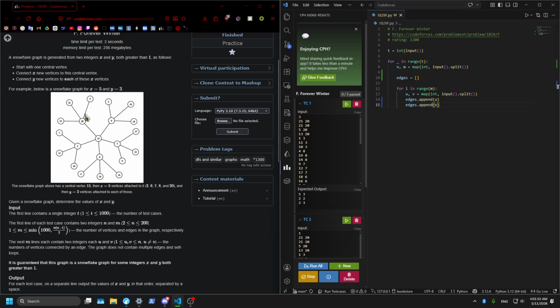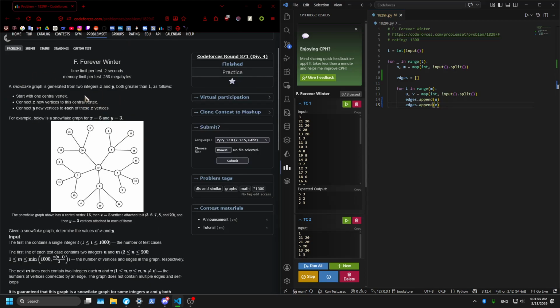So what's going on is we're given this snowflake graph. The graph is generated from two integers x and y, both greater than 1. We start with one central vertex. X vertices connect to the central vertex, and then each of the branches have y vertices connected to each of them, sort of like this. So x would be equal to 5 because 5 things are connected to it, and then for each of these nodes here would be our y, and they have 3 things connected to it, not including the one connected to